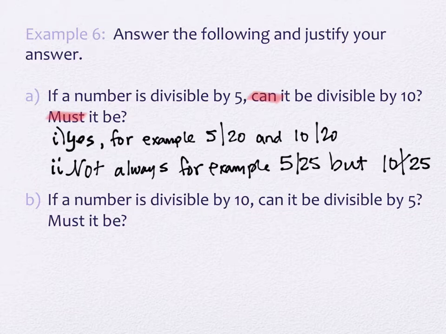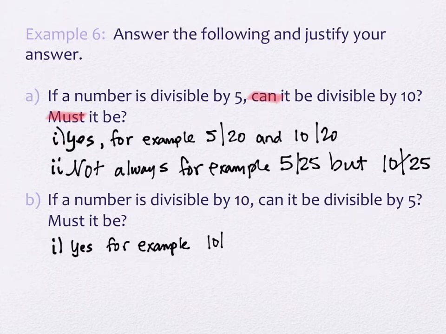Right? Okay. So now we're going to change the question to be the reverse. If a number is divisible by 10, can it be divisible by 5? Yes. So again, can it just means showing an example of one that works. For example, what? So we have to start with something divisible by 10 now. 30. So 10 divides 30, and 5 divides 30. The second question, must it? The answer is